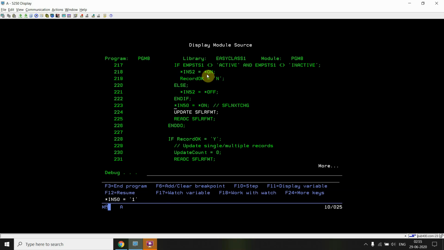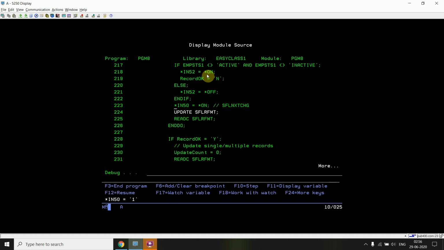Then we read, for example, the third record, and we got the third record as a change record. Now with the third record, that indicator gets set to on. For example, on the fourth record there is no change, and the fifth record is changed. Now for the first, third and fifth records, the SFLNXTCHG indicator is set to on, the flag is set to on.